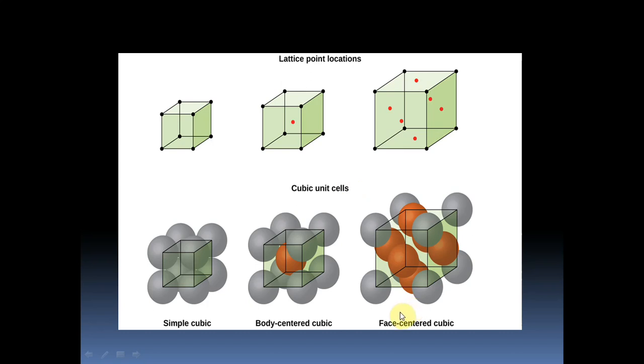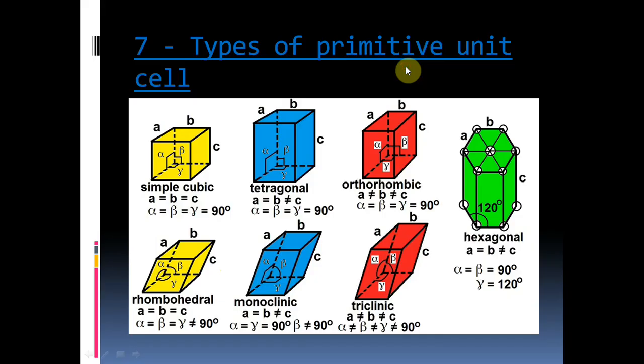Next, in case of FCC, face-centered cubic cell, particles are there in the corners, plus the orange particle at the center of the face. But this is very difficult to draw two-dimensionally. Hence, we will be drawing by using this ball and stick model. So this is what you have to draw, the picture of an FCC. This is the particle in the center of a face. This is the corner particles.